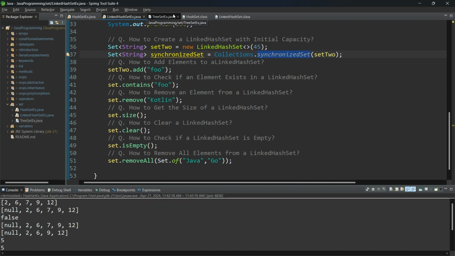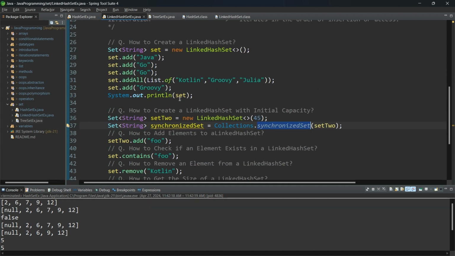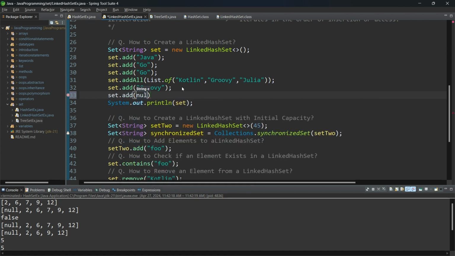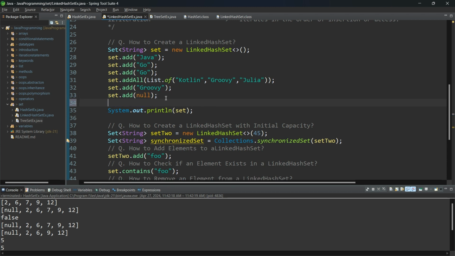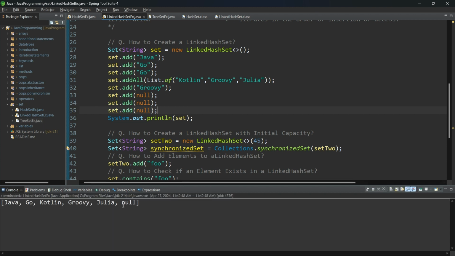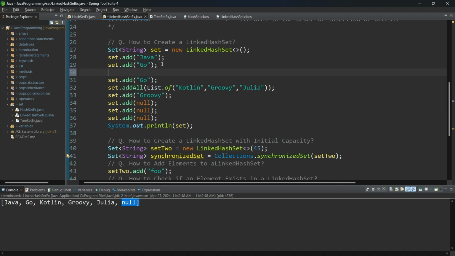And here also, let me try to print here: set dot add null. I can add more than one also, but I got only one null. It will move to the end, since I added it last time, right? If I add in the middle,